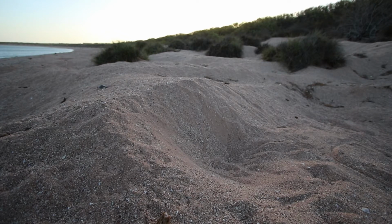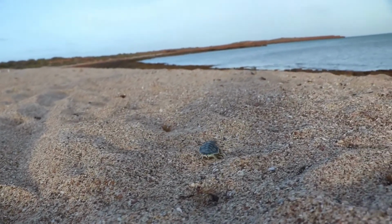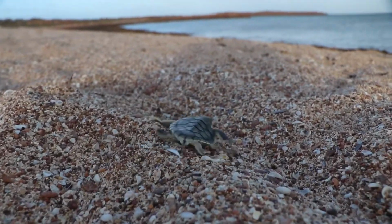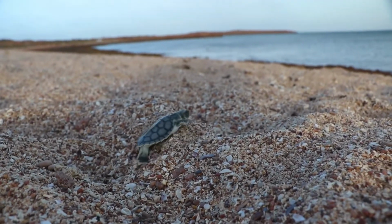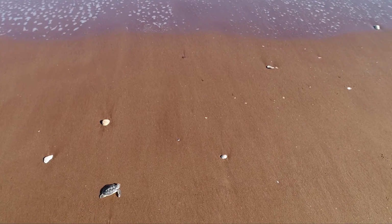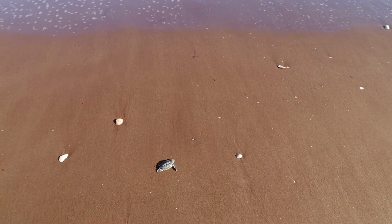And on a dark beach, there'll always be a little bit of light over the ocean from starlight and moonlight. And so they'll look for the lowest, lightest horizon and they'll crawl towards that. But at the same time, they're also crawling away from the tall, dark horizon behind them, which is usually dunes or vegetation. But if you have artificial light present behind or along the beach, that's going to start to confuse